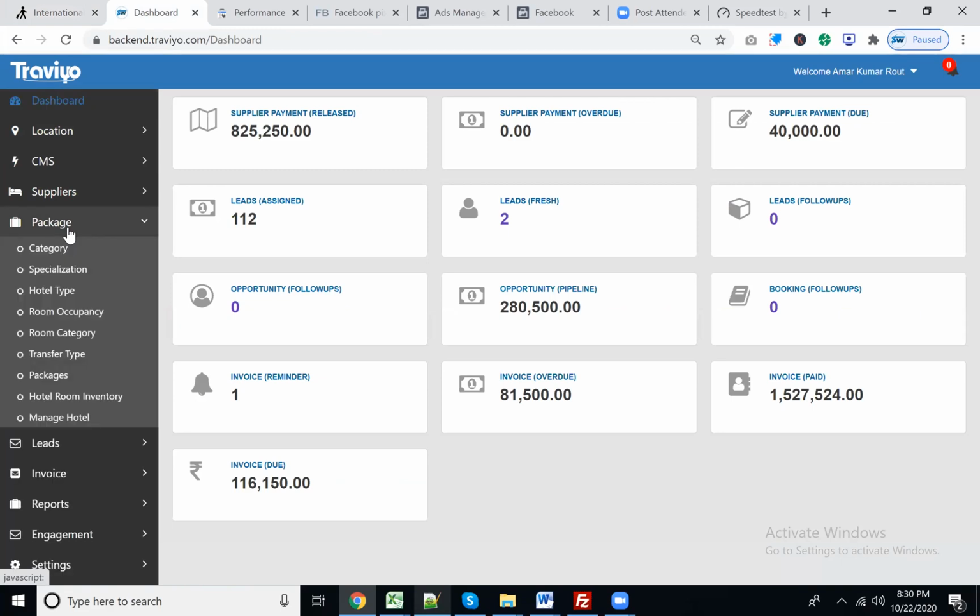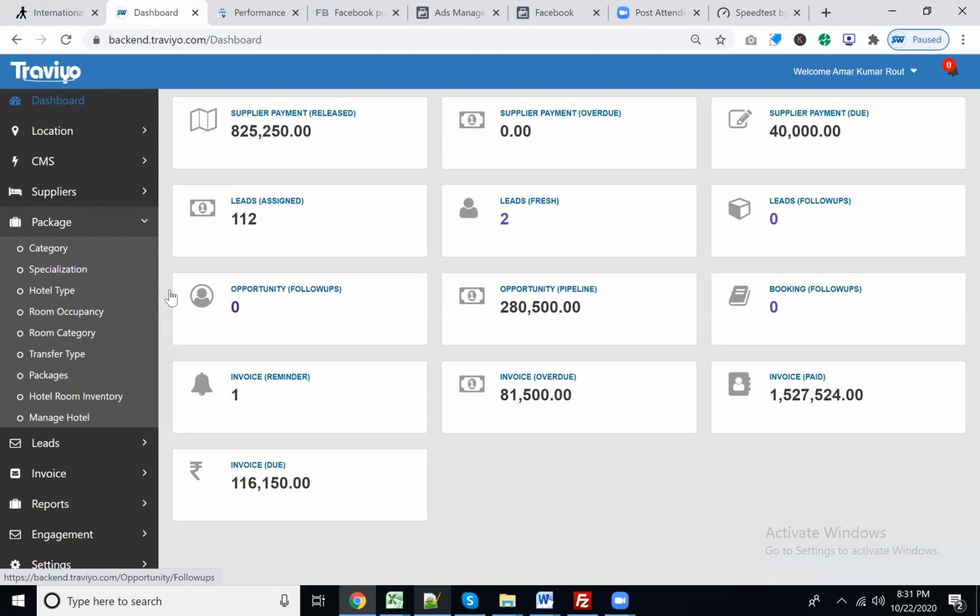Under the package menu, you will find each and every menu that is required to upload a package. Whatever you are looking at here: categories, specialization, hotel type, room occupancy, room category, transfer type, packages, hotel room inventory, and manage hotel.